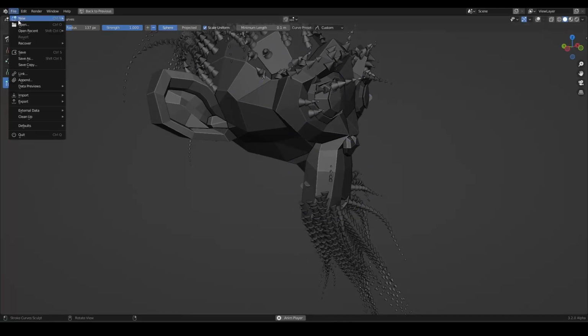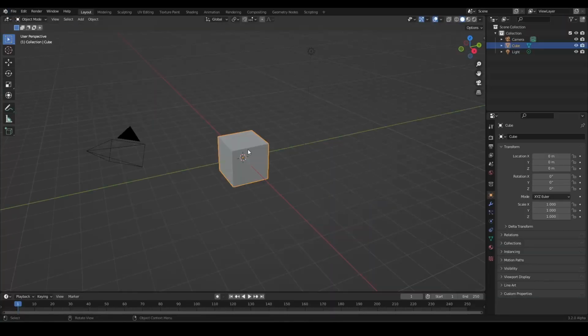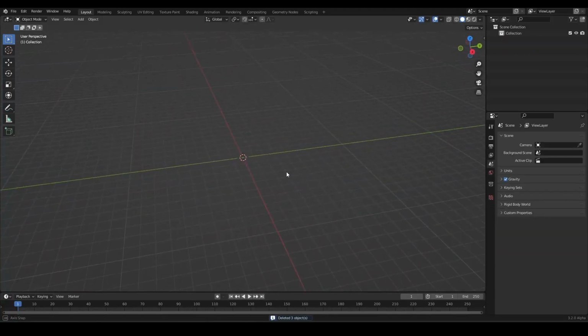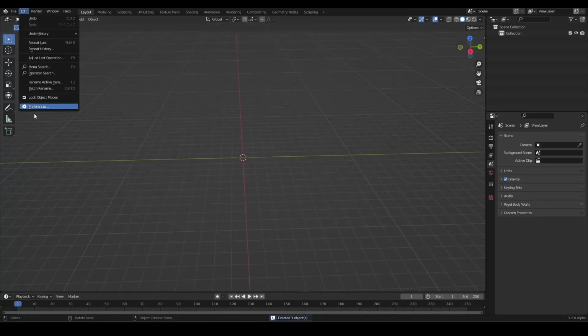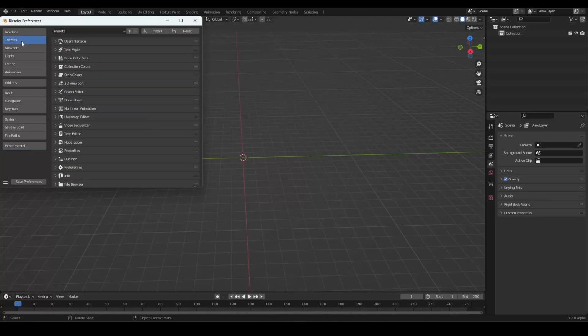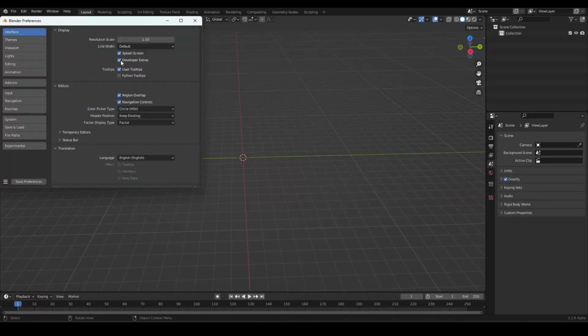So I want to create a new blend file, and here we are on a new empty scene. You can enable the new system if you go into Edit, Preferences, here on the left top, and then if you don't already have it, you can go on Interface, and then you can click here on Developer Extras, because this is still in alpha stages and it is experimental, so expect some crashes and things like that and some changes in the future, but the system is already there and we will have a look at it